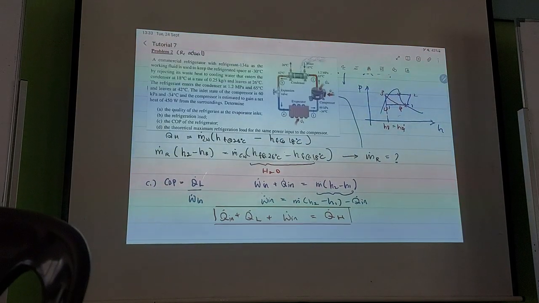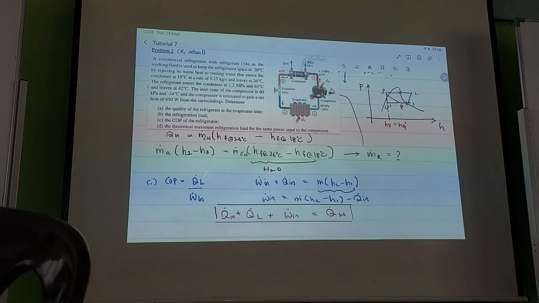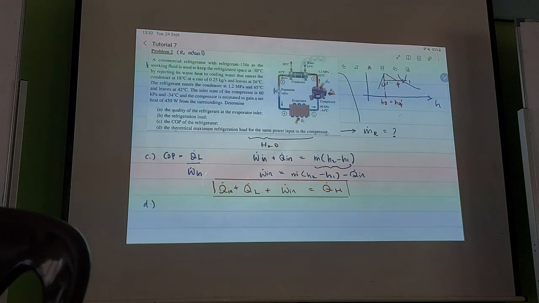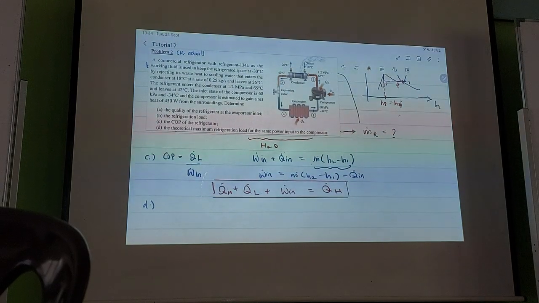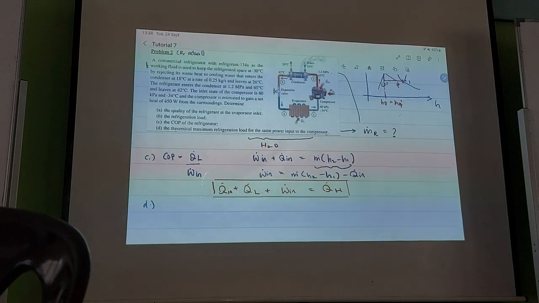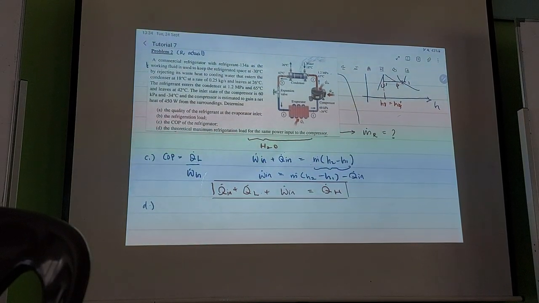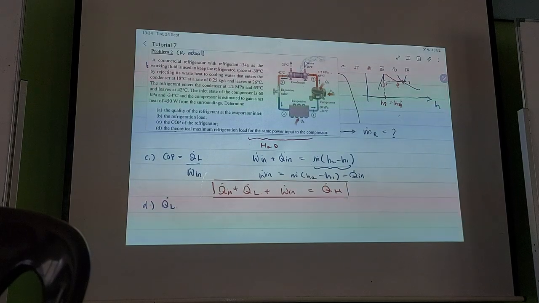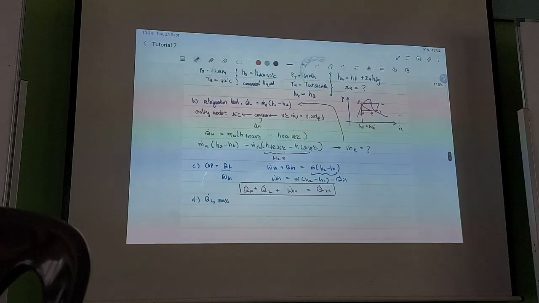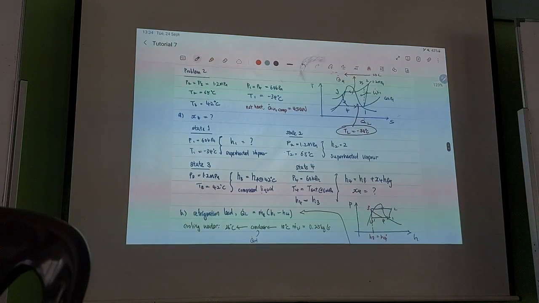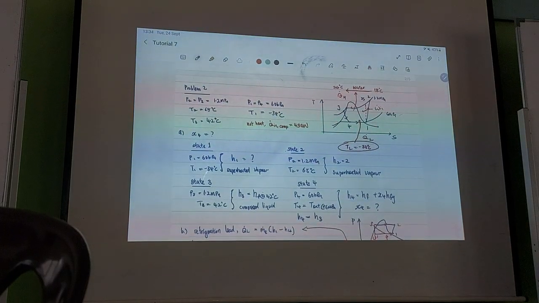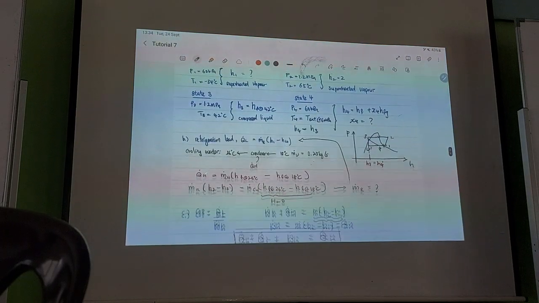Okay, so lastly, we need to find the theoretical maximum refrigeration load for the same power input. Meaning the last part is that you need to find the theoretical maximum load. You want to find QL maximum. So by theory, logically speaking, what is the maximum load that this cycle is supposed to be able to remove with the same work in,